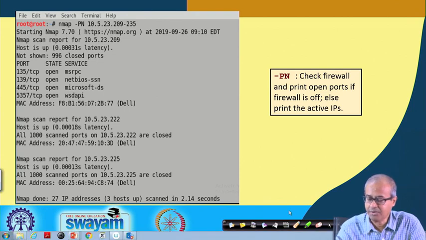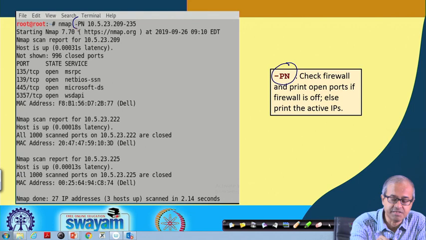There is another example with the -Pn option. Here again you are using a range of IP addresses. You can get the details of whichever services are up for a particular IP address, and these are the services which are up on these port numbers.